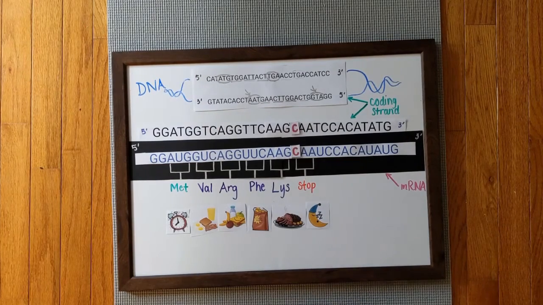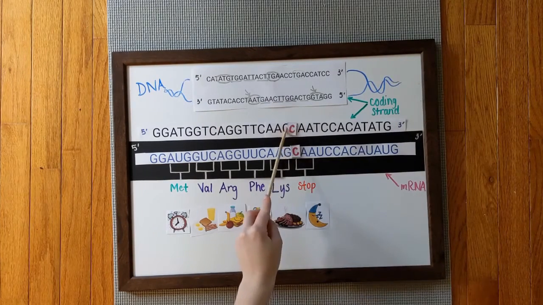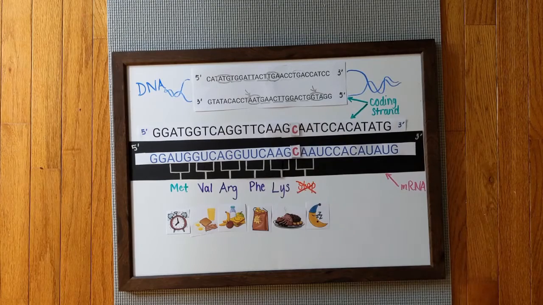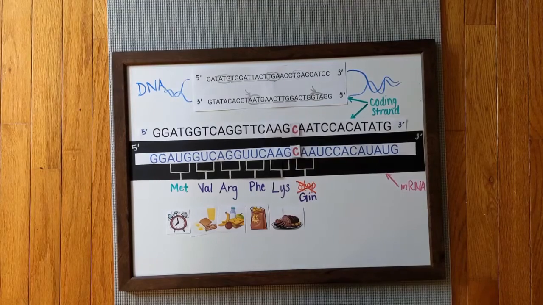The last point mutation is the transition of this T to a C, which translates into another amino acid and not the stop codon. We are no longer stopping at 5 amino acids. We will continue on down the chain until we reach another stop codon. We will just continue to keep having meals and go without sleep. So in that, we may very likely have a non-functional protein. This is considered a read-through point mutation.